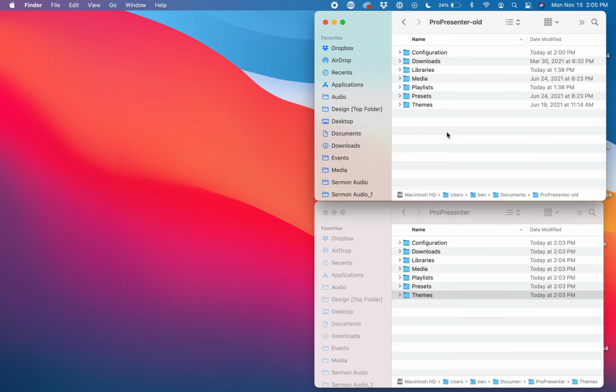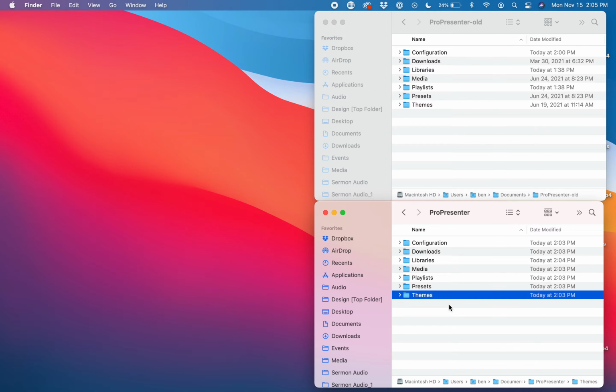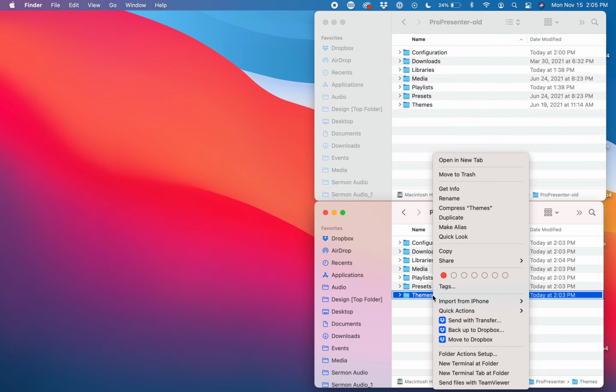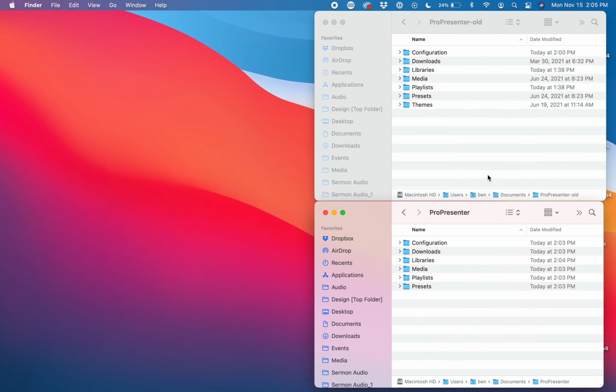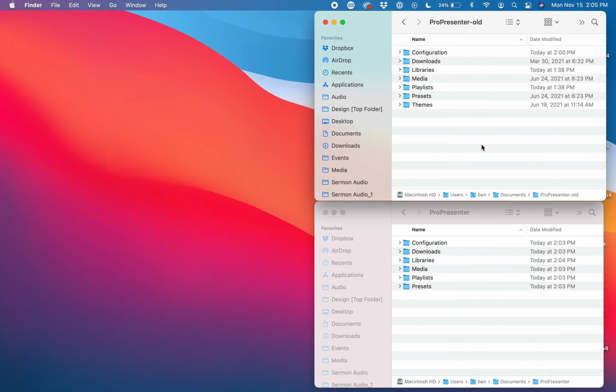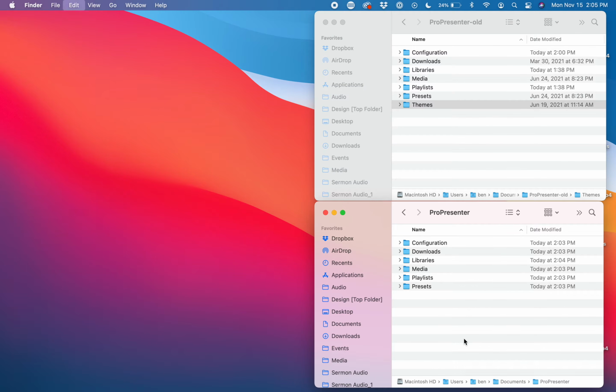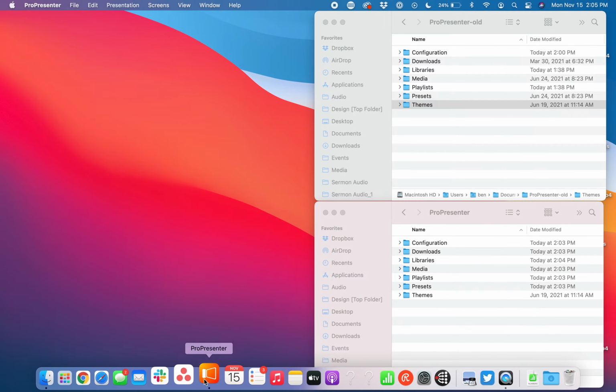They had me go through folder by folder. So what they would have me do is delete, say, this themes folder, send that to my trash. Then go back to the old ProPresenter file or folder, copy that themes folder, and paste it back in my new ProPresenter folder. Once I did that, then I would come back over to ProPresenter, open it back up, and